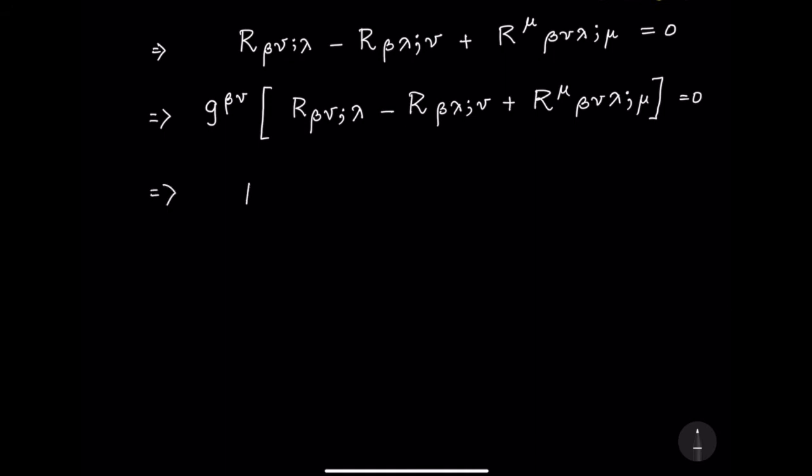So the first term just becomes R_{; lambda}. R is the Ricci scalar. The next term, see, the beta becomes nu, so this becomes minus R_{nu lambda; nu}